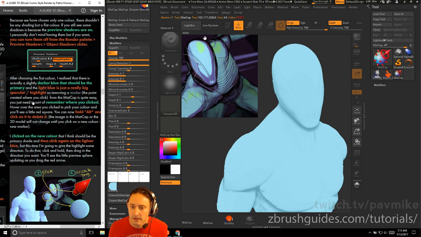If you see shadows, it's because the preview shadows are on. I personally don't mind having them on, but if you want, you can turn them off in the render palette, preview shadows, object shadow slider. So the render palette here,